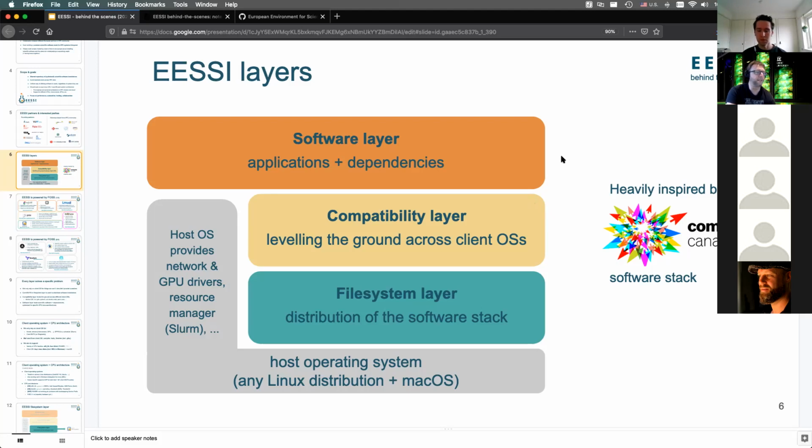So the idea of this layered stack is not new at all. It's heavily inspired by what Compute Canada has done in their software stack. So if you look at what they are doing, and they've made presentations about this, written papers about this, it's very, very similar. There are some small differences in terms of how we do things. There's certainly differences in terms of the scope of what we're doing. So it's not tied to only Canadian HPC sites. We're also opening it up to other CPU architectures like ARM and Power, which they are not doing. So it's a bit more ambitious than what they did. But we're confident that we can do what we have in mind, since Compute Canada sort of already